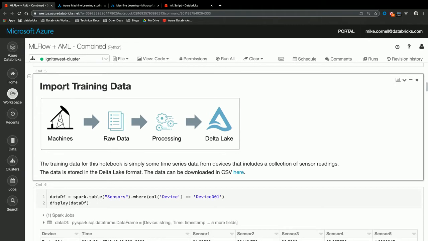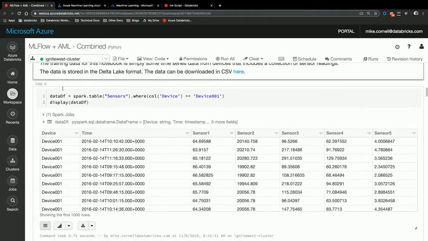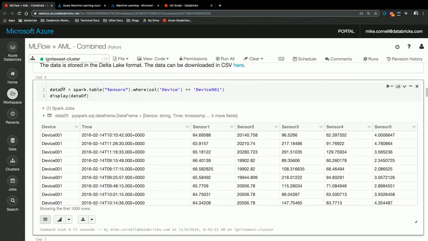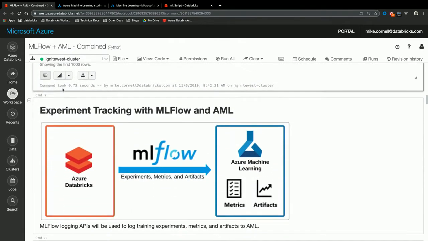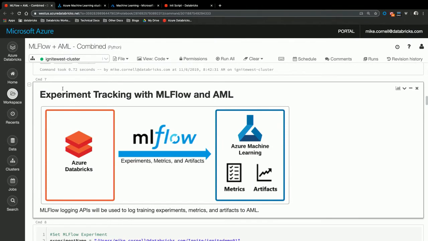So we have a very basic case here, okay? We've got some very basic training data, some IoT data. We've already done some processing. We've put the data out into some sort of storage like a Delta Lake or some sort of feature store, right? This data is super simple, so we're not gonna teach you guys how to be data scientists today. We're just gonna show you a very simple example. We have 5 sensors. We're gonna use 4 of them to predict the 5th one, okay? Very simple stuff here.